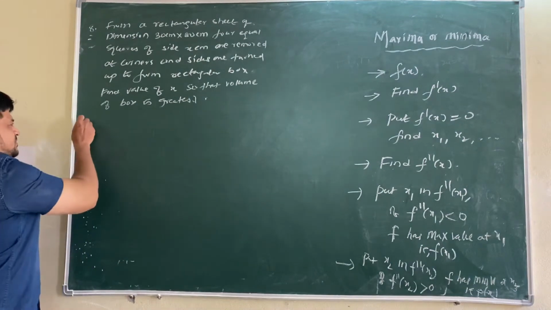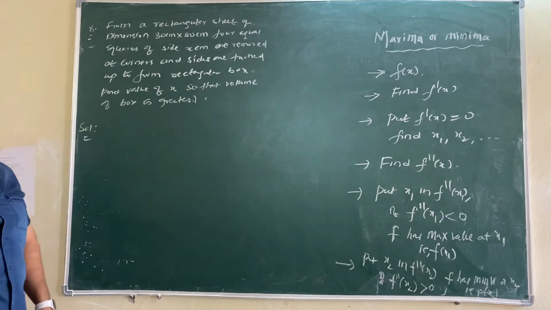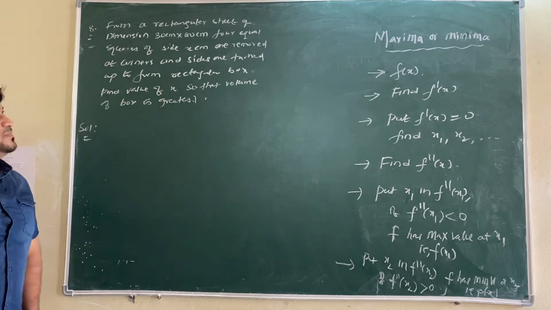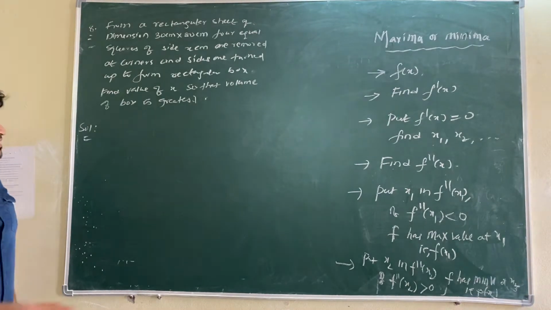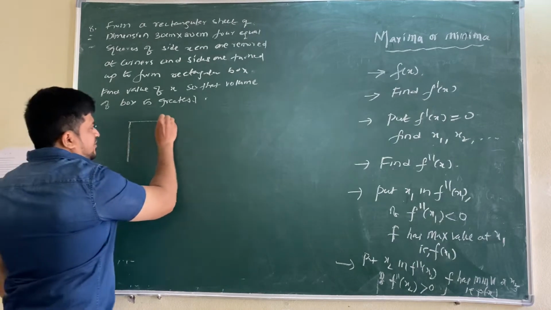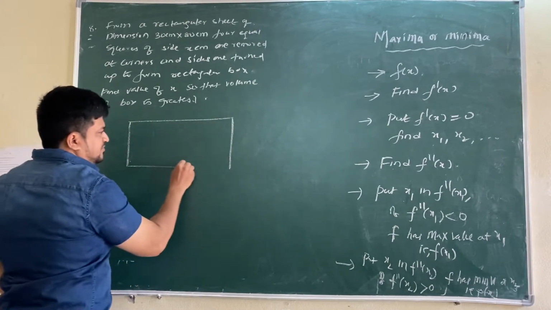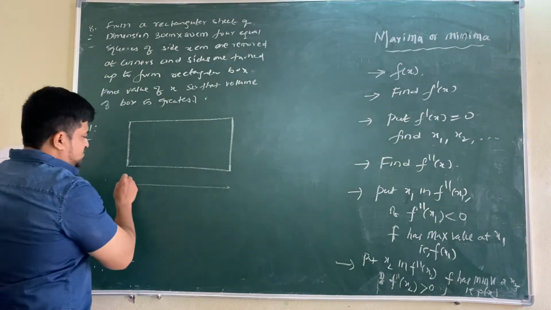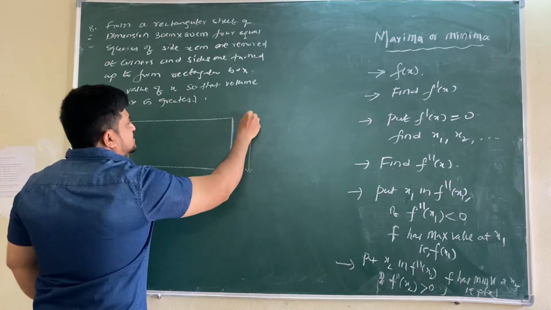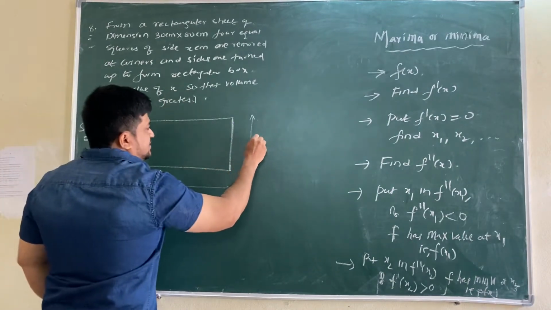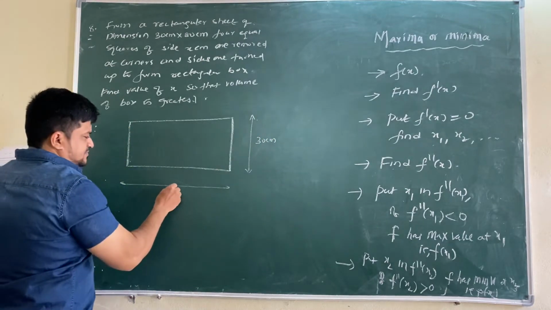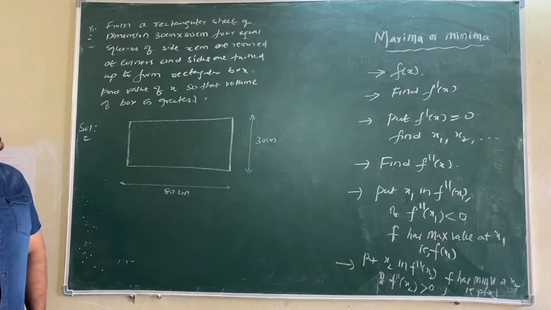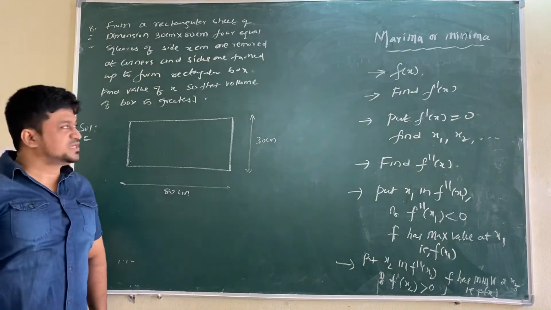The question is given to you. You will not get anything unless you know all the steps of this. From a rectangular sheet of dimensions 30 by 80, it means there is a cardboard sheet, a rectangular sheet. They have given dimensions, length and breadth, to us. Breadth is 30, length is 80. The big part is 80 and that is 30. Clear? Stepwise you can understand this one, very easy.